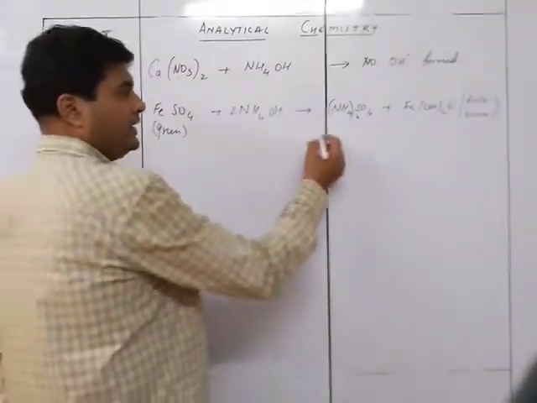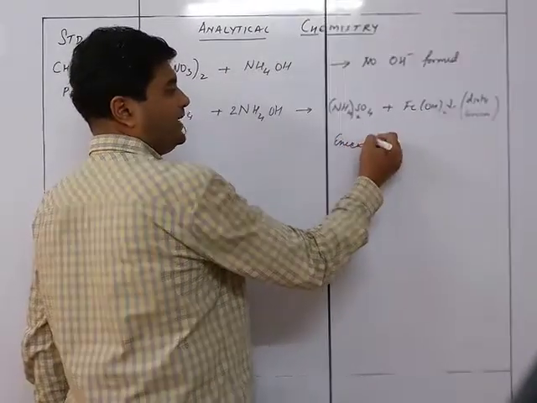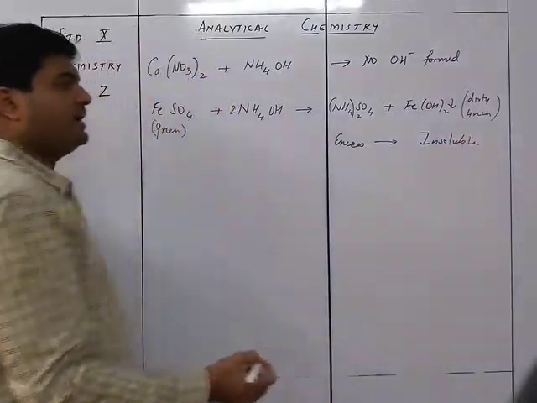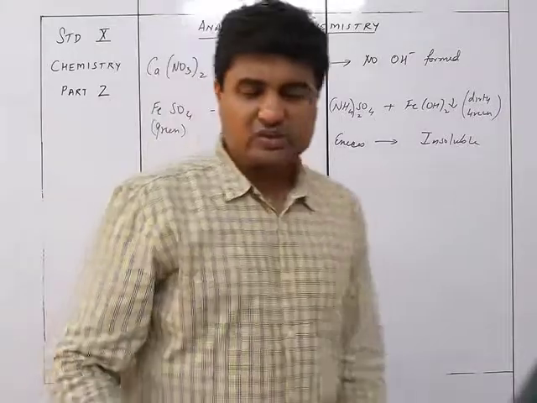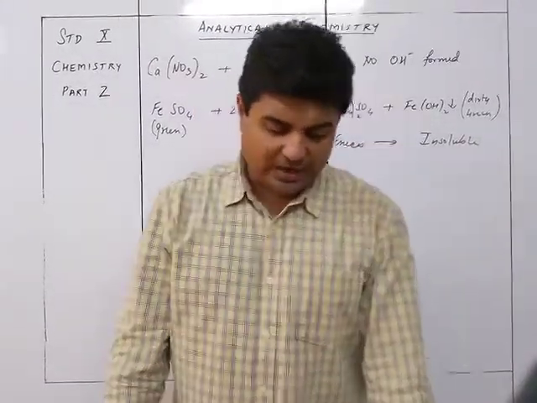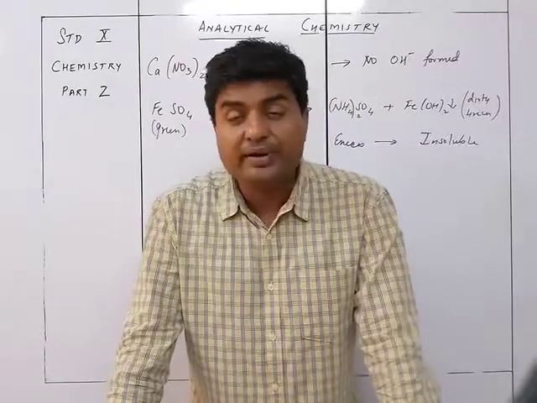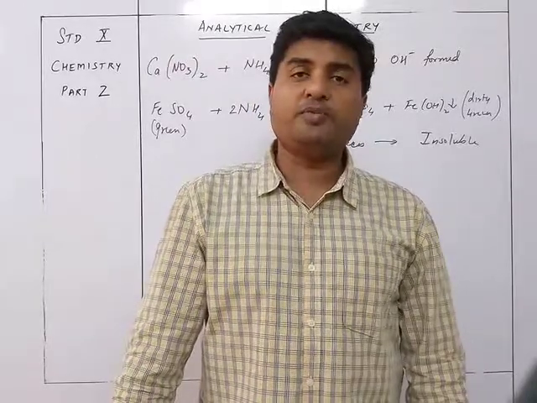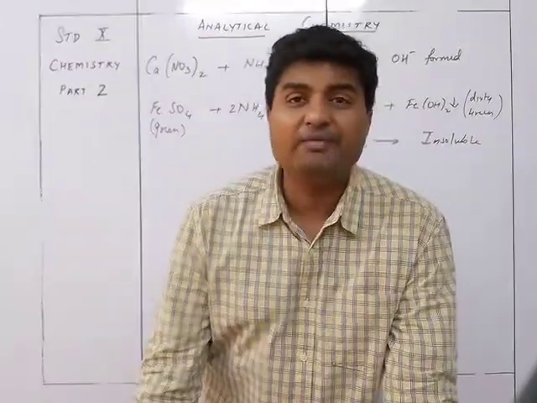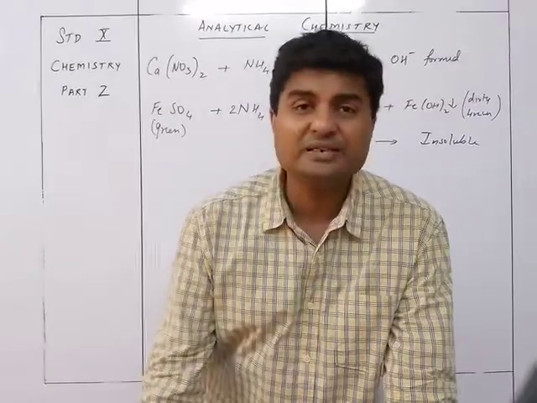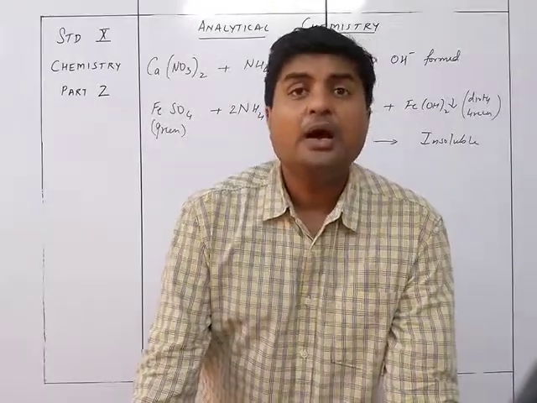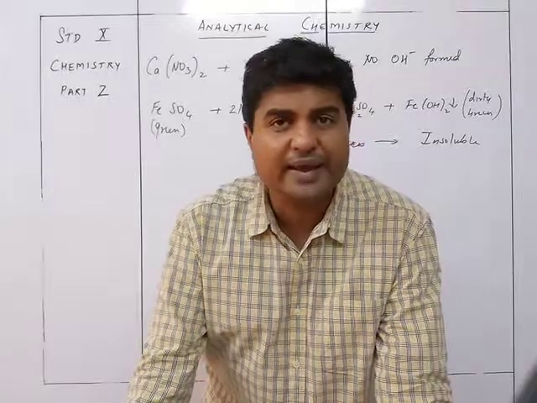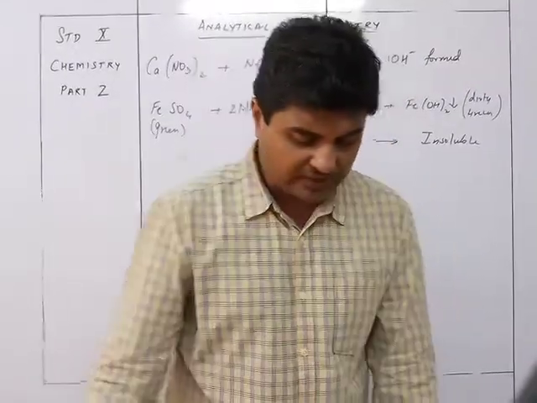Now again, if I take an excess amount of NH4OH, it is still going to remain insoluble. So that's the identification: any ferrous salt, that is Fe2+ salts, which are green in color, when they react with ammonium hydroxide, they are just going to give me ferrous hydroxide, Fe(OH)2, a dirty green precipitate. This Fe(OH)2, if I react with excess NH4OH, is still going to give me an insoluble salt only. So it is not soluble even in excess of ammonium hydroxide.